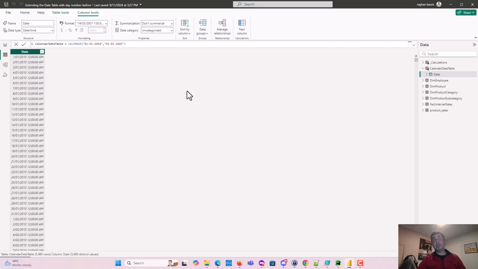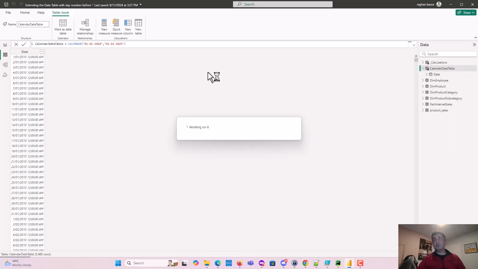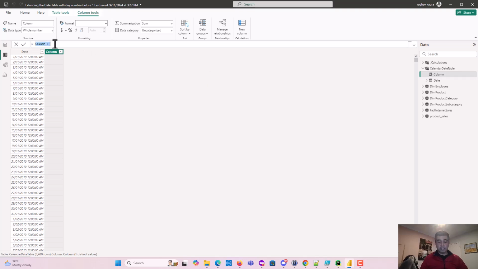Now we'll learn how to extend this so we can get the day field out, and we can use it to do analytics. So all we need to do is on this calendar date table, you just select this and you say new measure. You could have a new column or a new measure, doesn't matter. We'll use the new column and we'll call this day